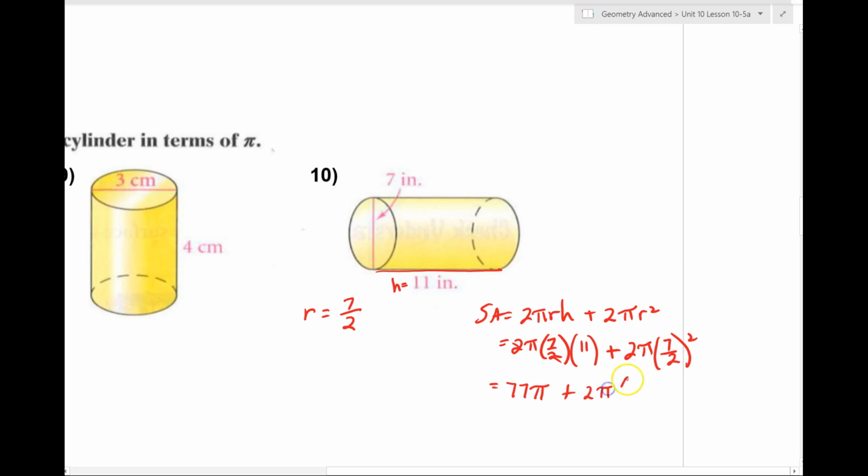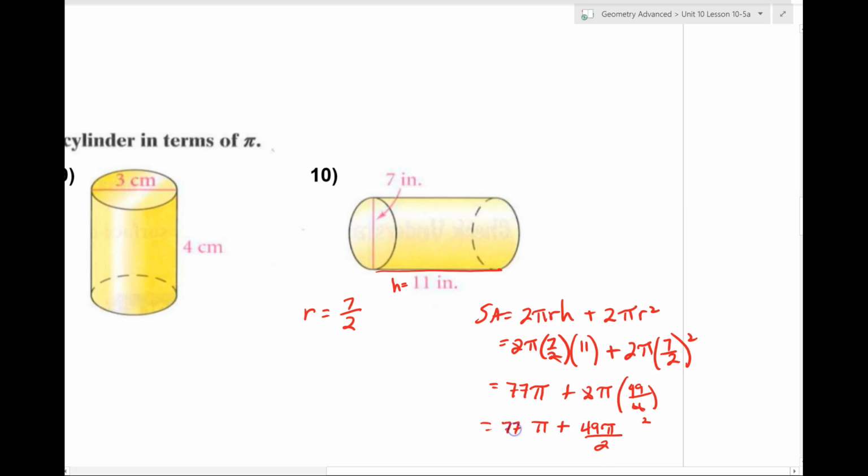Remember, that's 2 pi times, that ends up being 49 over 4. So I'm going to keep working with this. I got 7 pi plus, I didn't make my lines earlier. The 2 can go into the 4 2 times. I get 49 pi over 2. Now,